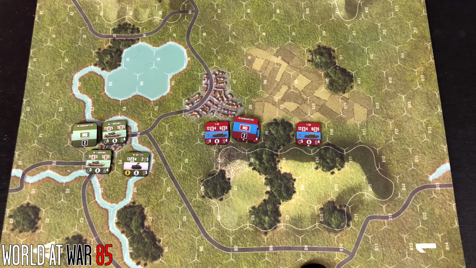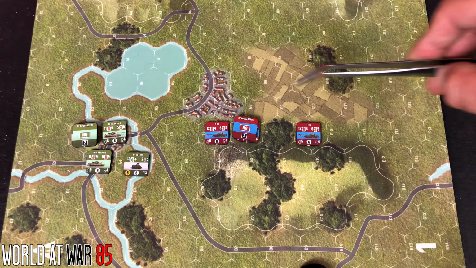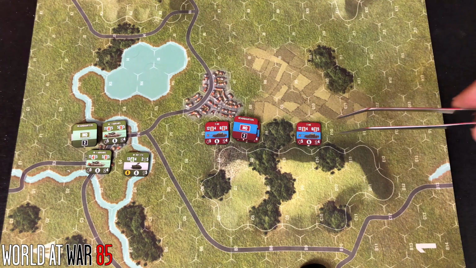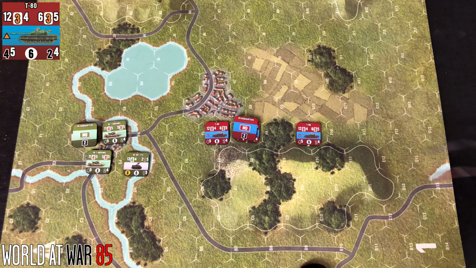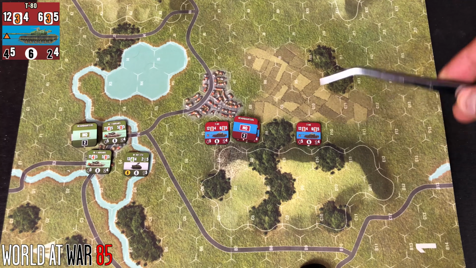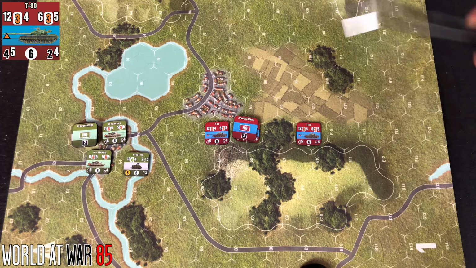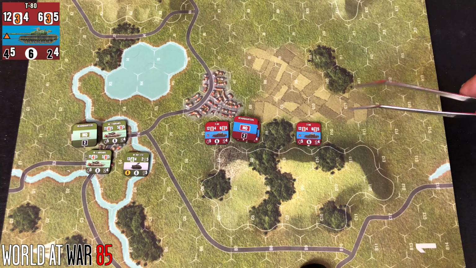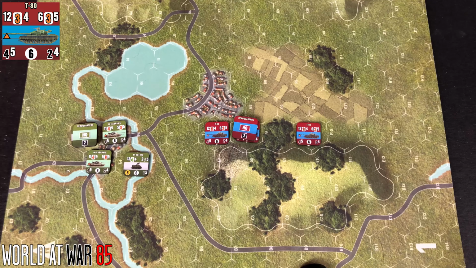Alright, in this video we're going to start going over the basics of the movement action when a formation has been activated. So let's say our Russian units here have been activated and this T-80 tank wants to be moved. Remember, we went over it briefly before, but a unit's movement points are going to be located at the very bottom center of the counter, so we can see that this T-80 here has 6 movement points to spend when